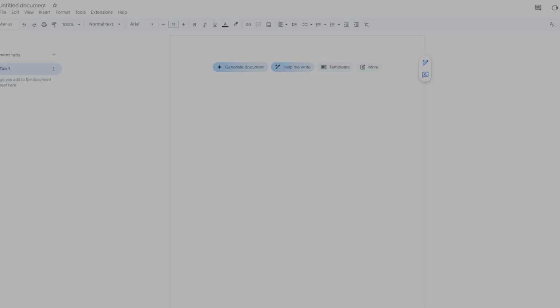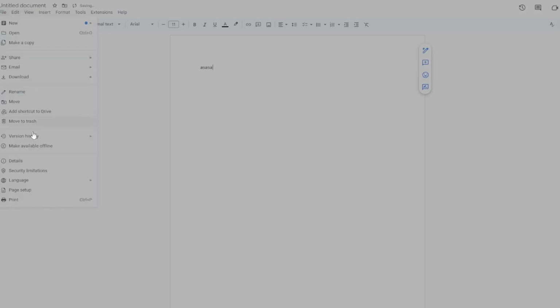Open your Google Doc, then go to the top menu and click on File, then Version History, and select See Version History. You'll see a panel on the right showing all previous versions of your document, sorted by time and date. Each version shows who made what changes, and you can click through to view the document exactly as it looked at that moment. Google even highlights edits, like by color based on who made them, which is great